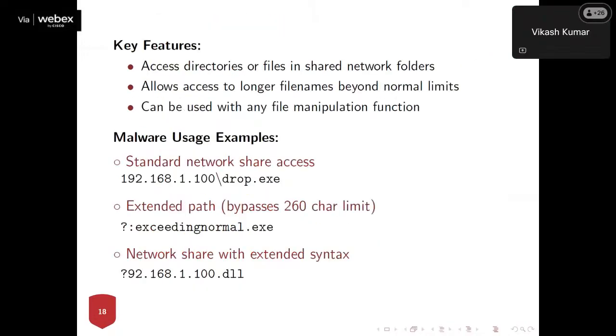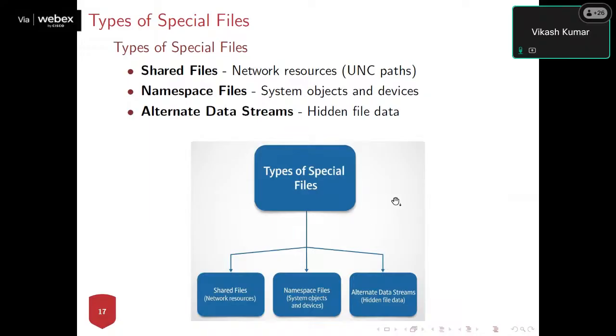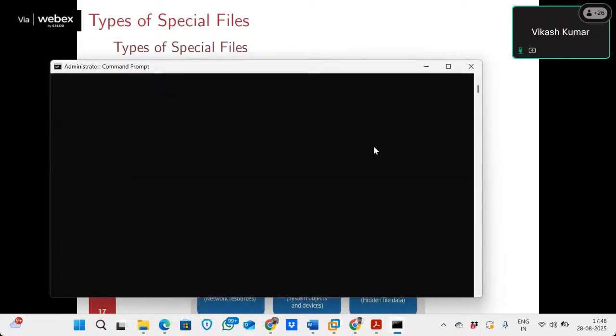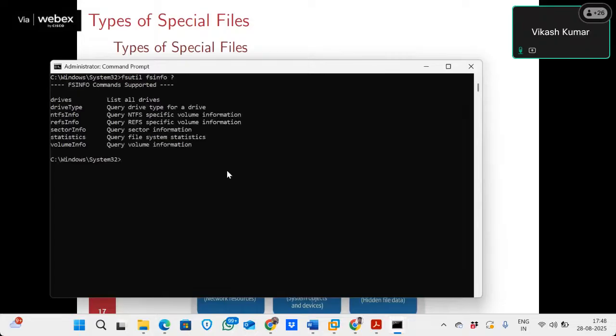Okay, I missed something. The third one is the alternate data streams. It applies to a partition, an NTFS formatted system. If we talk about alternate data streams, sometimes we try to hide data in some existing files. Like, suppose I have written,